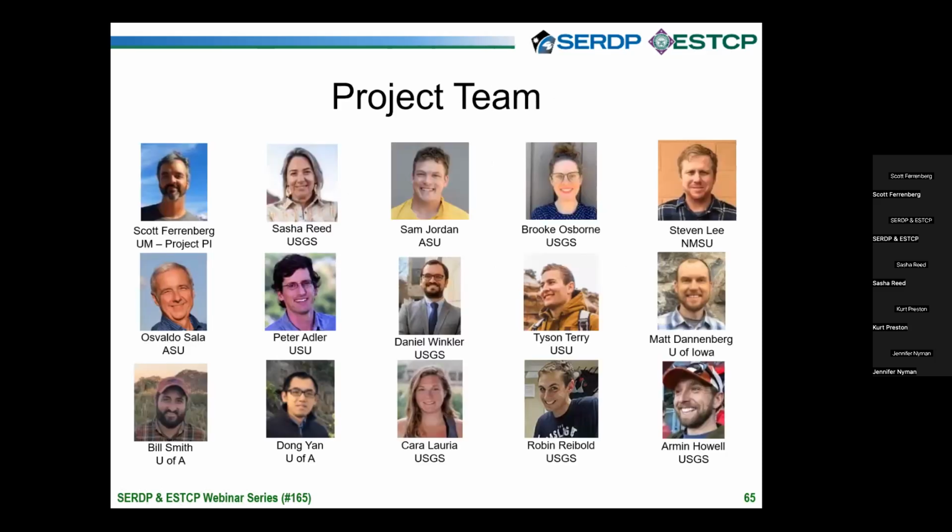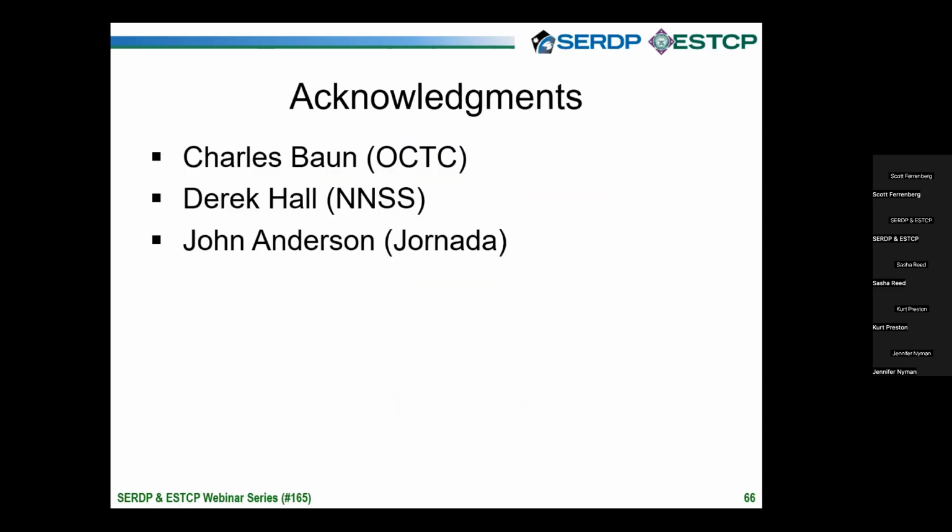This has been a great team. It's a big team. So I didn't mention all of these people, but we wouldn't function. Every single person here has played a key role at some point in time. And so it's been a strong team effort, and we're missing a few people as well from this picture. And I really want to just acknowledge our on the ground folks from our 3 locations. And these aren't the only people that have helped us, but really Charlie Baum, Derek Hall, and John Anderson have all played an incredible role of helping us get these experiments done and think about local issues that we otherwise would have struggled through.